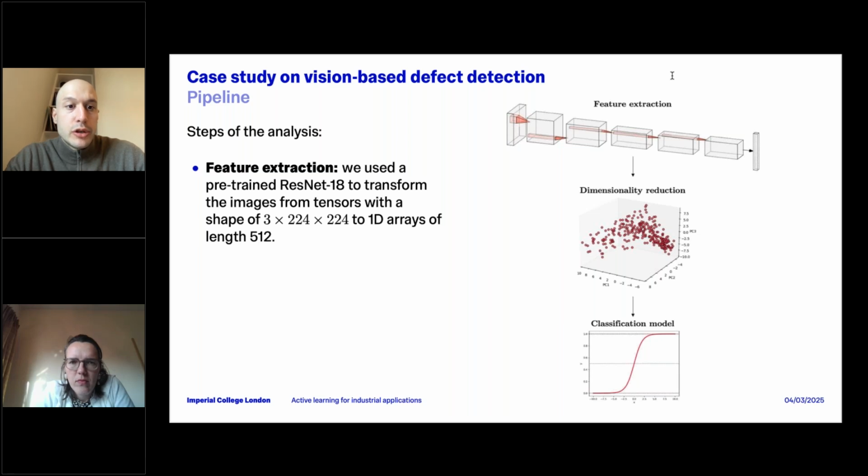What you do in practice is take the full deep neural network, already trained on these large datasets, and you remove the last layer, which is the final classification layer, and then you use it to reduce the dimensionality of your images.